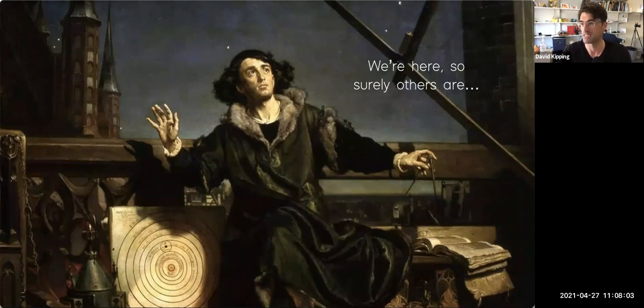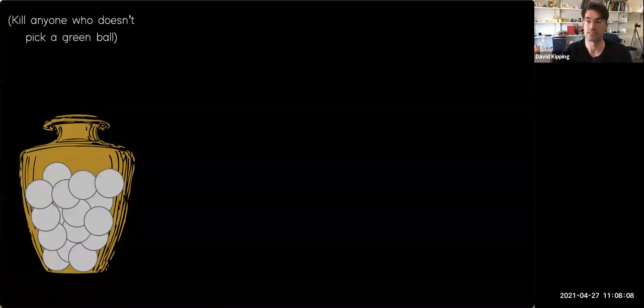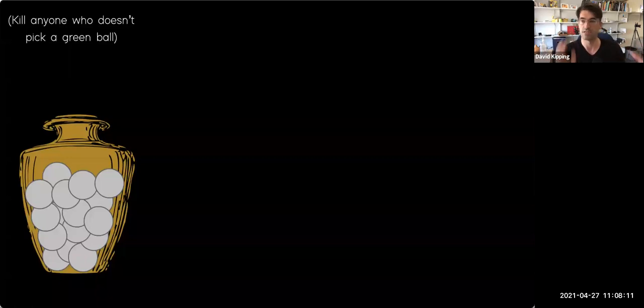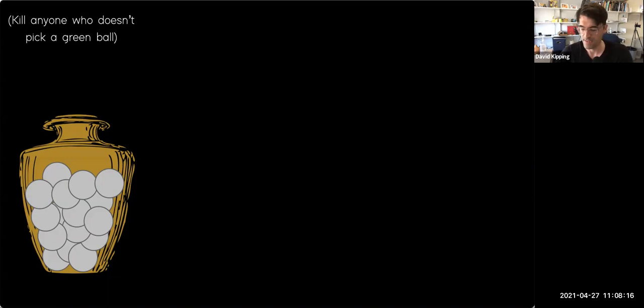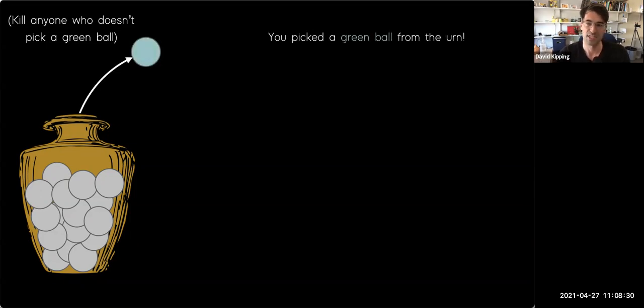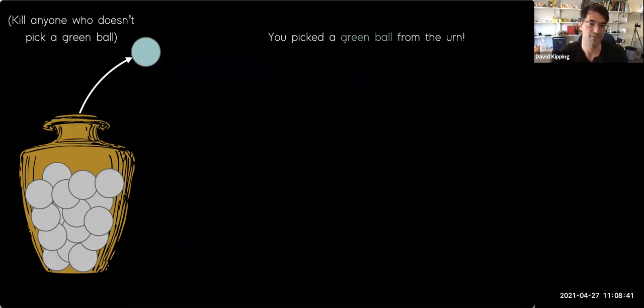But the Copernican principle is essentially this, that we're here, therefore others should be. And I want to give you an example as to why this really doesn't work. So let's imagine we have an urn, we fill it with some balls, and I don't know the color of these balls in the urn, but I'm going to pick them out. But the rule is, if you pick a ball that is not green, you're going to be immediately shot on the spot, and it's a very sadistic experiment, we're never going to hear from you again. Okay, and so eventually, you're here now, you're alive now, so you must have picked a green ball, else we would have shot you as soon as you became a self-aware entity.